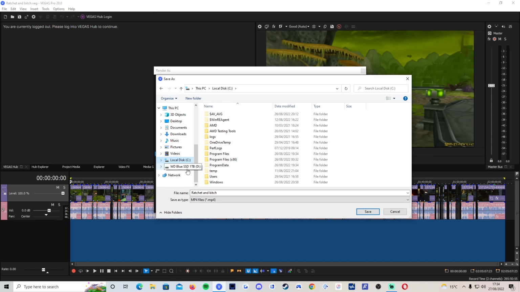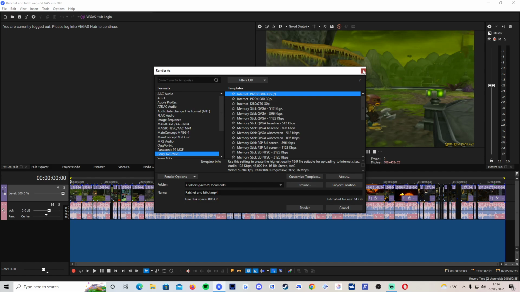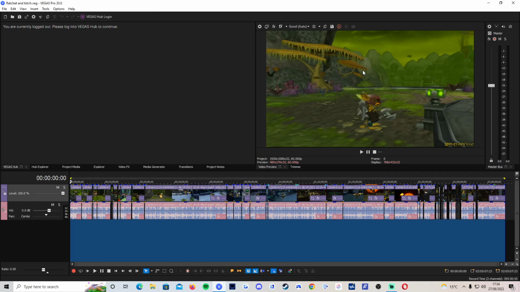I have an SSD attached to my PC. So if you've got a second drive, and if you don't have one, you could just buy one and attach it to your PC, an external hard drive. I've got an SSD external hard drive, and I rendered it to that location, and it rendered without crashing. So hopefully this also resolves any issue you have with Sony Vegas crashing on you mid-render,